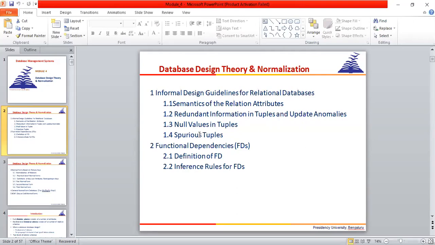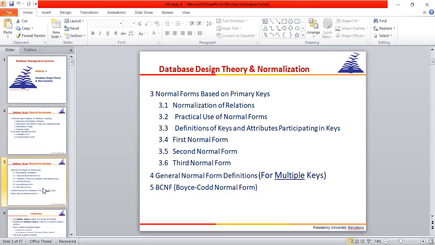Next, coming to null values. Null values means you should not add more null values in a tuple, because these are wastage. If you don't know the actual attribute value, then better not to add that attribute. Then coming to spurious tuples. Joining tuples must give the records that come from the cross join or equijoin operation. There should not be an extra tuple after the joining operation, or fewer than the actual number of joined tuples. These are called spurious tuples.